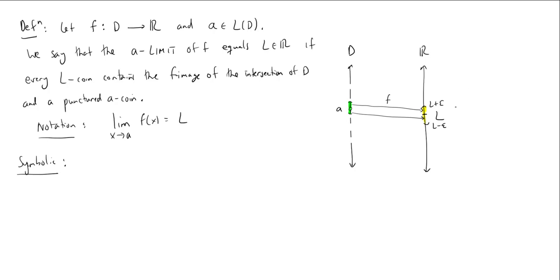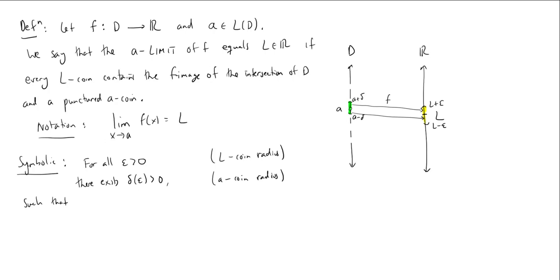So first, we need to choose some L coin. For all epsilon greater than 0, epsilon is the L coin radius. Then there needs to exist some A coin. Here I could have called this A plus delta, A minus delta. So there exists some delta, which of course depends on this epsilon, and this is your A coin radius. It'll even be a punctured A coin radius, but that doesn't matter, such that